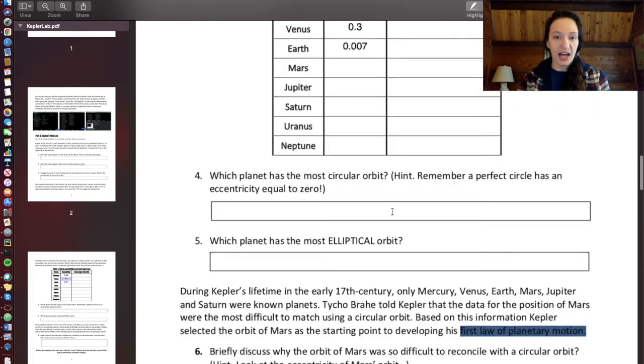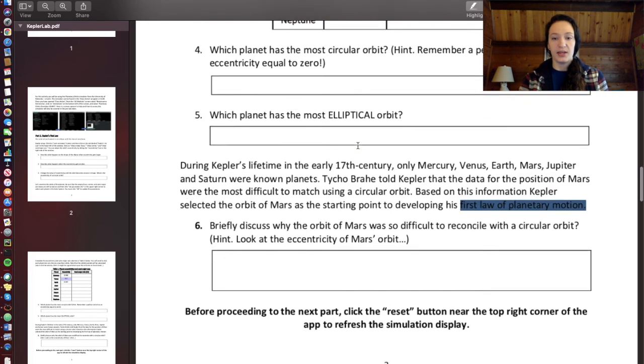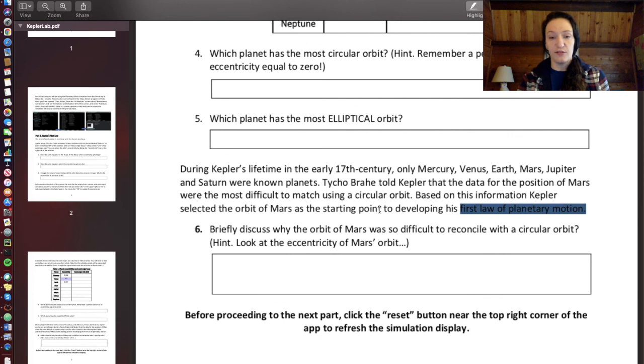Mars has the second highest eccentricity that you'll get from your simulator. So it is very, very elliptical. It's very elongated. And actually, as a matter of fact, the simulator is wrong in this respect because Mars is actually the most eccentric orbit. In real life, it has the most eccentric orbit out of any of the planets. So, knowing that Mars has the most eccentric orbit out of any of the planets,